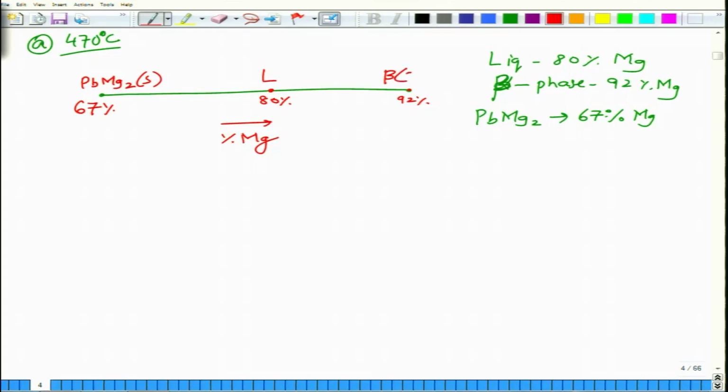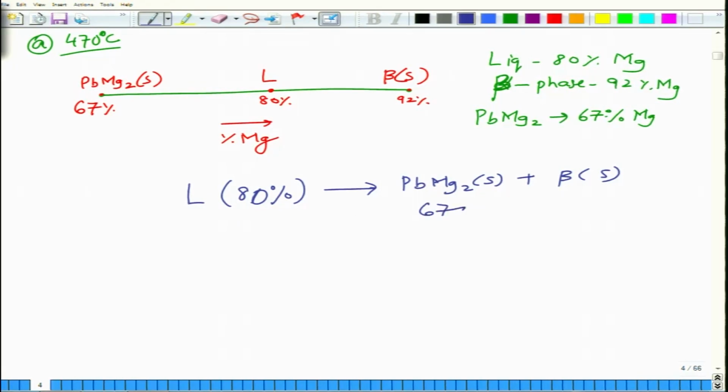So, now beta is also solid. Based on the knowledge of phase diagram, we know that if the liquid composition on this invariant line lies in the middle, and there are two solids on either side of lower and higher composition, then this reaction is nothing but liquid of 80%, because liquid is a high temperature phase, converting into PbMg2 solid plus beta solid of 67% and